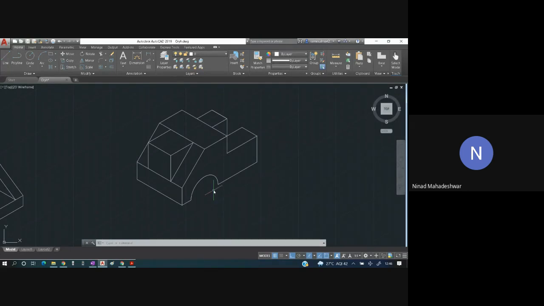Similarly, the line should go from here also. It should go inside by a few mm. Itna mm inside jayega. And that line will be visible. Which line is visible? This line is visible. So this becomes the entire portion.